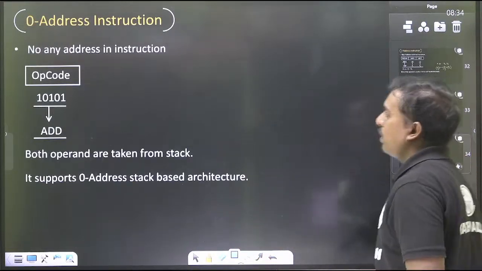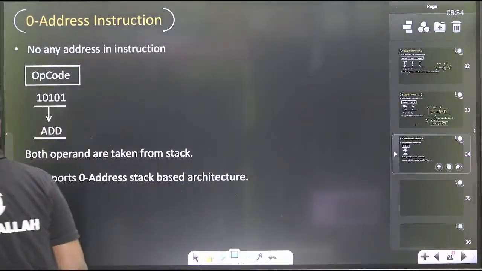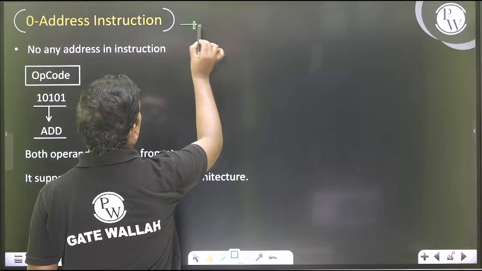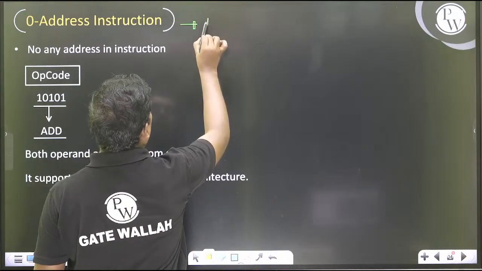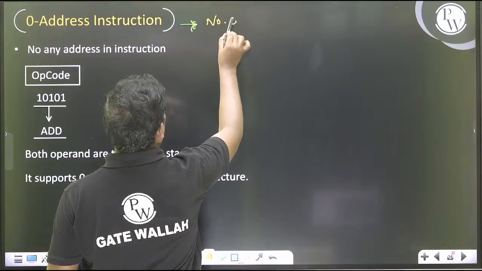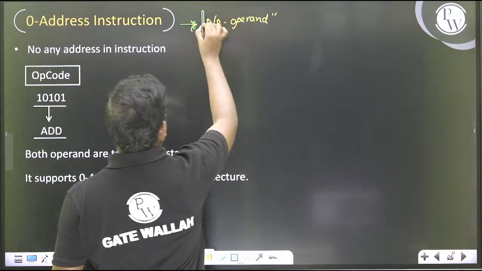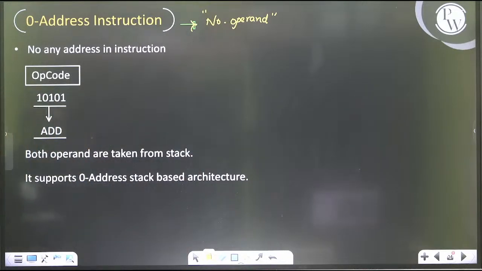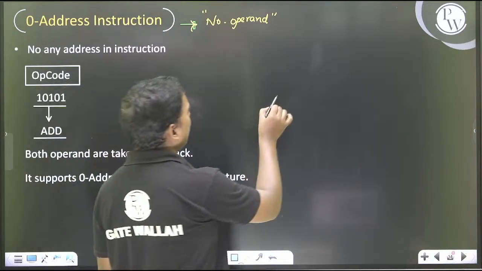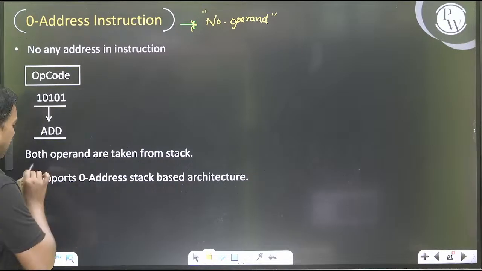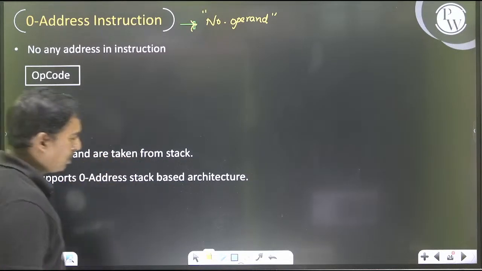Last one is a zero address instruction. Zero address instruction में there is no operand. Simply speaking, there is no operand. For example, if I write add, just a simple add. If I write add, where the content is going to be added? Both operands are taken from the stack. Suppose if I am writing example,